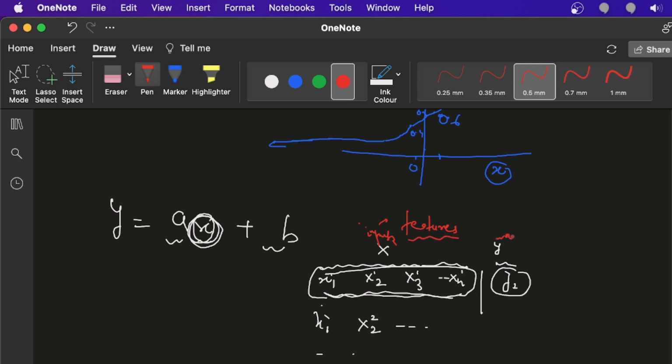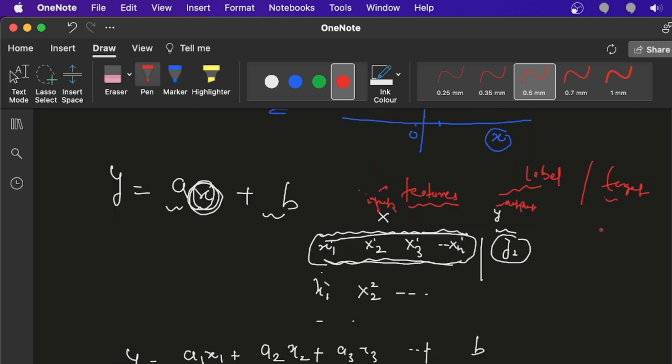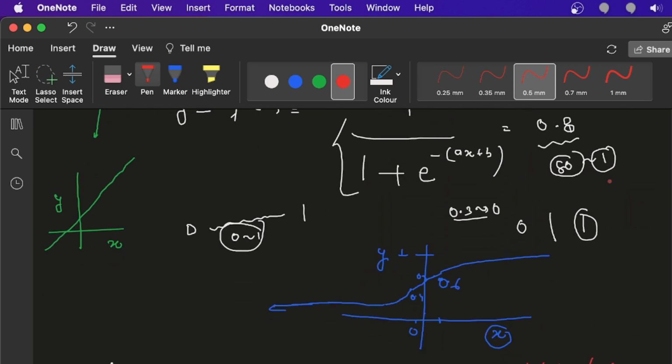Y is the output, but in machine learning the popular words are label or target. So next time I will use features and target or label. When I talk about target and label, I mean the output, and when I talk about features, I mean the input. This is a feature, this is a label. I guess the theoretical part is completed. In the next class, let me close my